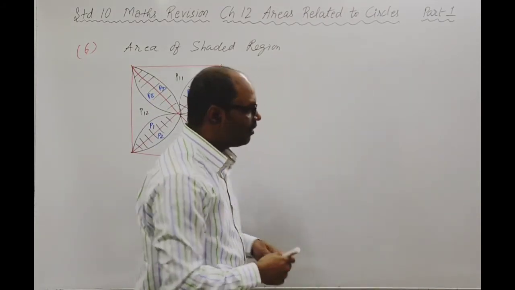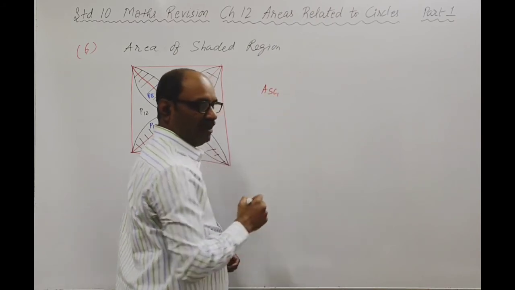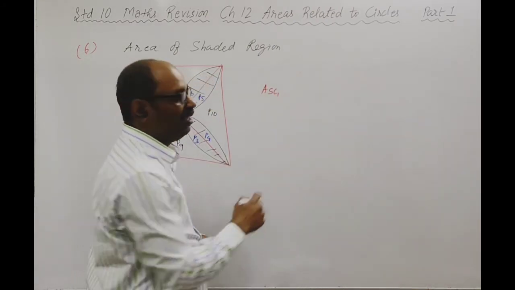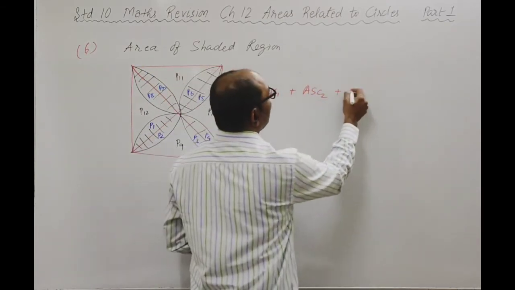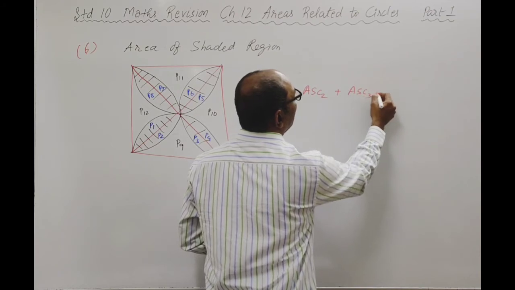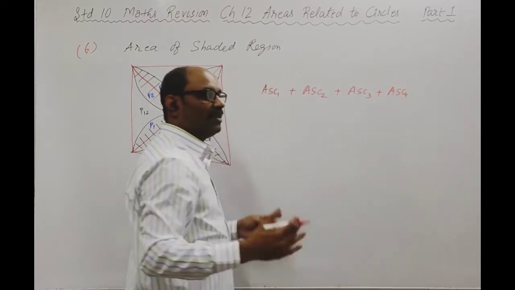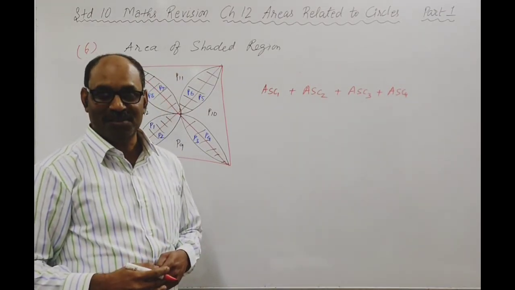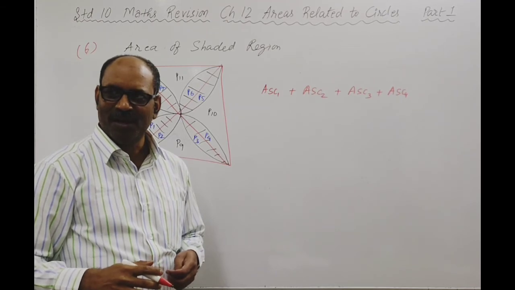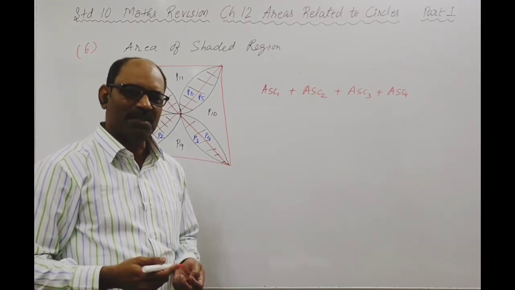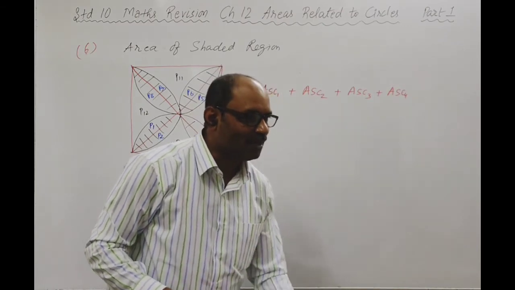Now please look at this. Area of semicircle 1 plus area of semicircle 2 plus area of semicircle 3 plus area of semicircle 4. Let's add the area of 4 semicircles and see what we are getting. That is a horrible thing I'm doing, terrible thing I'm doing. Sir, how will you do it like this? But there are 4 semicircles. I'm just going to add the area of those 4 semicircles. All right?